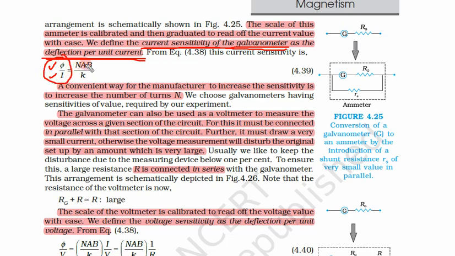And if you can see here, this N, A, B and K. For a galvanometer, as in the last example, we put this thing in a bracket because these things are fixed for a galvanometer, and I here. Since this is a constant, if we increase I, phi will also increase. So let us see, this phi upon I is NAB upon K.